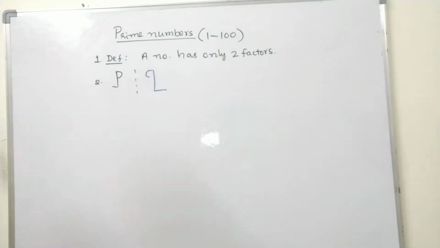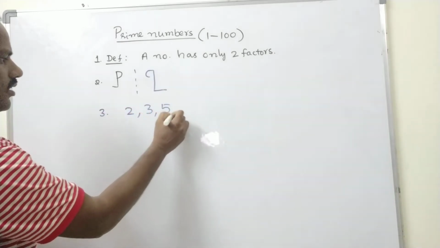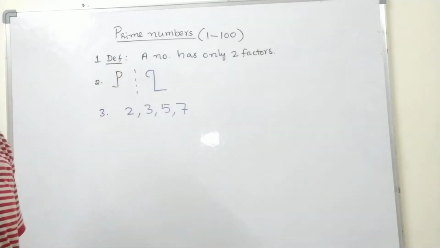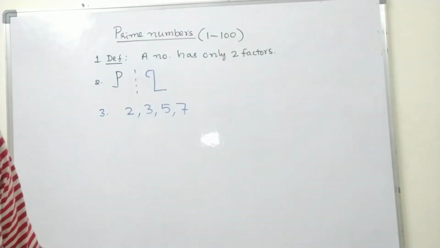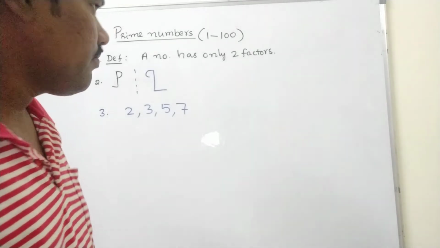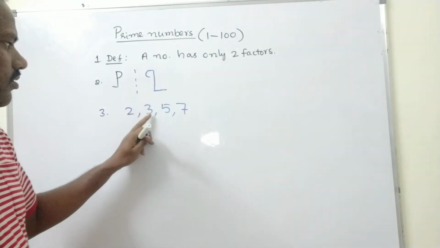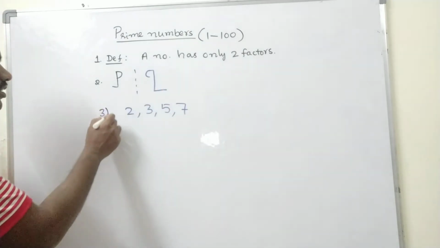First point. Basically, we have prime numbers 2, 3, 5, 7. The latest definition is a prime number has only two factors. We studied from lower classes that a prime number means a number that has as factors one and itself. But you can know this way also: a prime number is a number which has only two factors maximum. So that is called a prime number. Example, 2 means 1 and 2. 3 means 1 comma 3. 5 means 1 comma 5. 7 means 1 comma 7. So this is the third point.